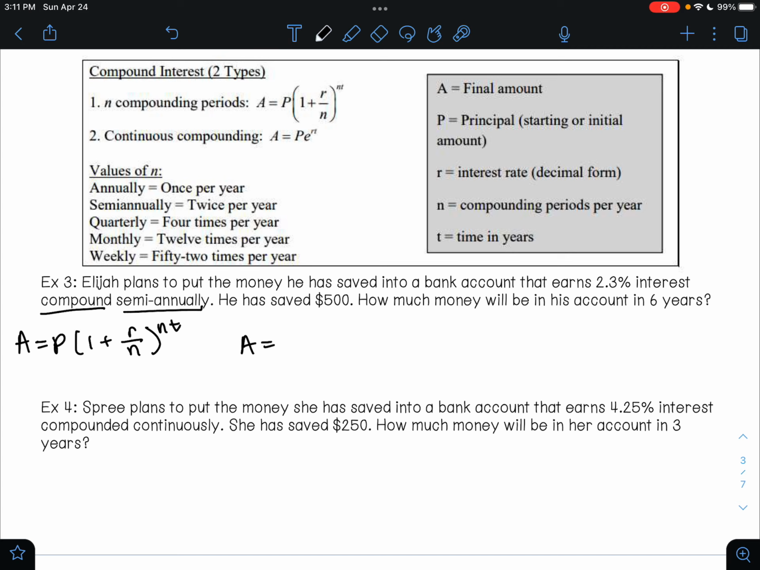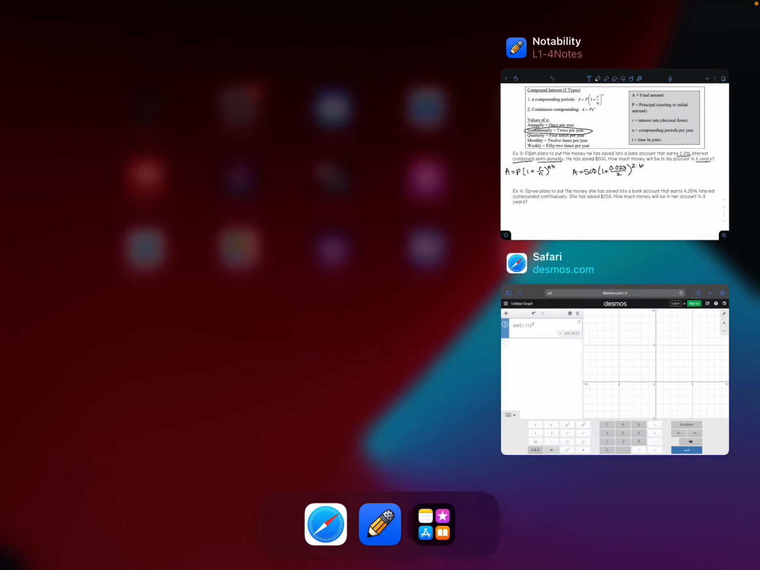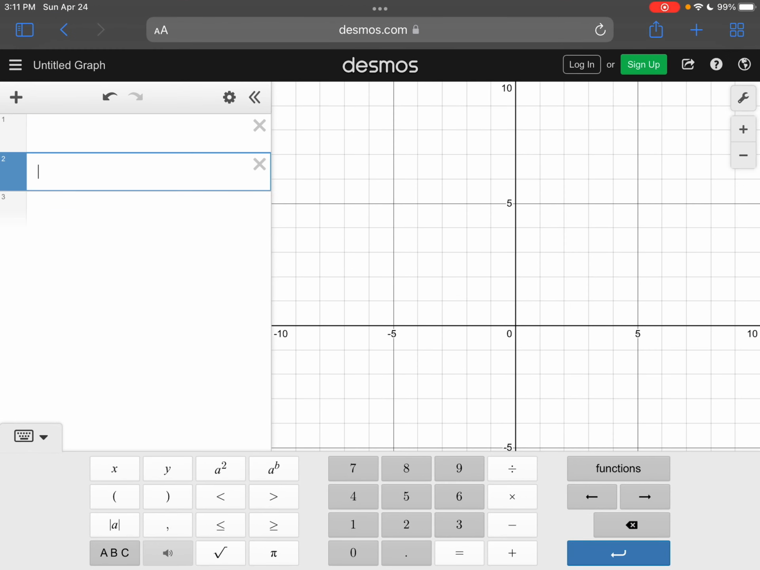His starting amount is $500. His interest rate is 2.3%, so as a decimal that's 0.023. If we're compounding semi-annually, then that is twice per year. And that will be raised to the 2 times 6 power, because we want to know what will be in there in 6 years. So I'm going to go back over to Desmos, and I'm going to type in 500 times 1